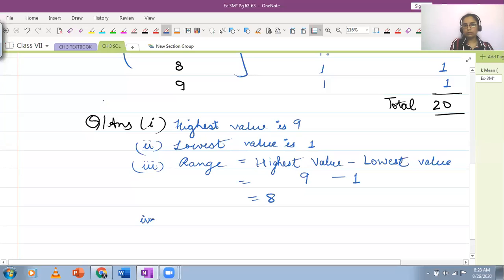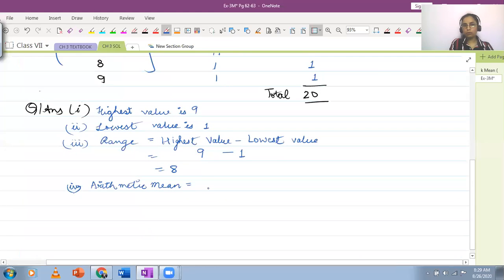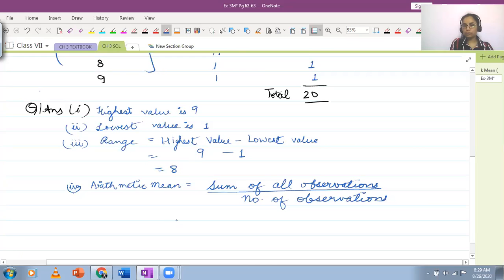And then in the last part you want to find out the arithmetic mean. So you want to write down properly. Just be very careful here. What you want to write down is for arithmetic mean, we are going to add all observations and divide it by number of observations. Now these observations are to be picked from the book. Note from book. Book में जो आपको values दिख रही हैं सारी की सारी plus करनी है आपको.